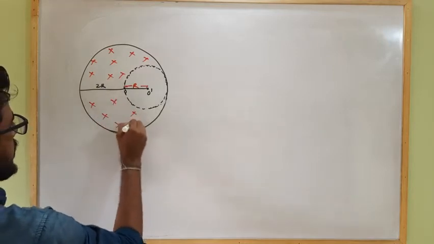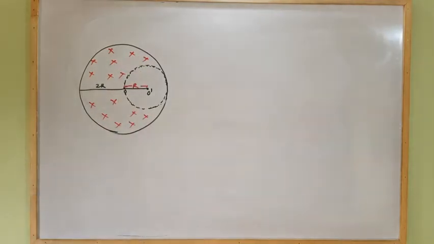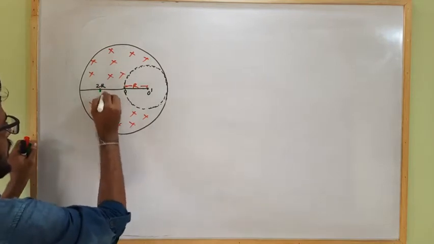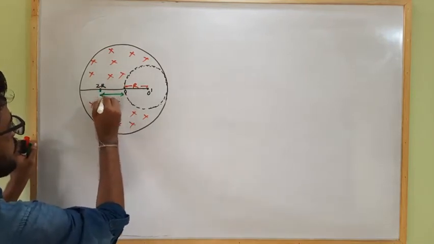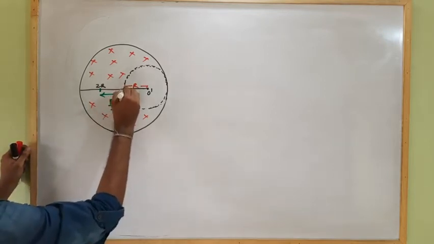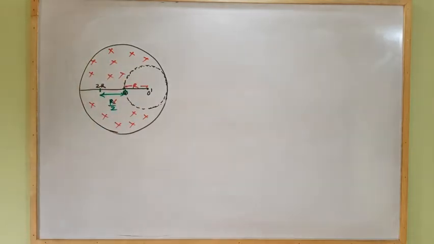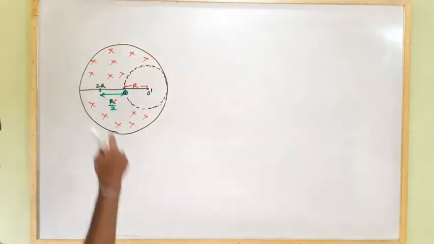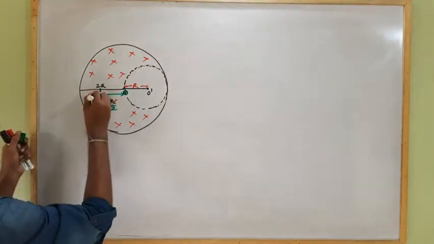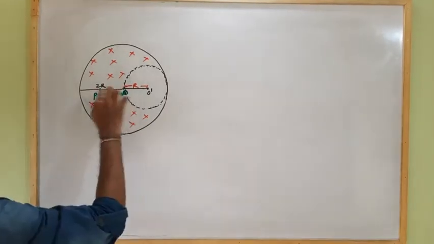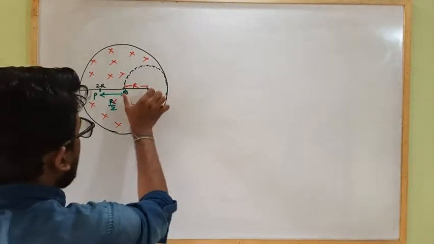Current goes into the plane of the infinite long straight conductor, and for this case the point of observation is at a point here, at a distance r by 2 from the center O of the circular current carrying conductor. Clear? So now we have to find out the net magnetic field strength at this point P, which is at a distance r by 2 from the center O, and it has a cavity of radius r.